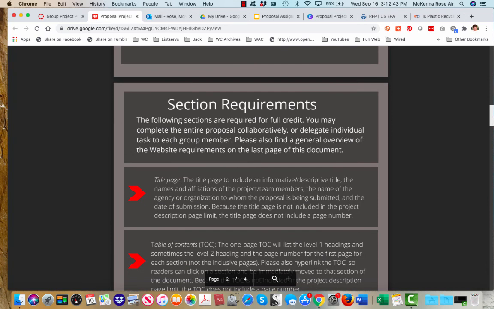Okay, so section requirements. Again, if you read the Burnett chapter, she gives an overview of every single possible section requirement for all different types of proposals. Our project takes most of those key features with the obvious omission of the financial component, right? So you don't have to do a budget.